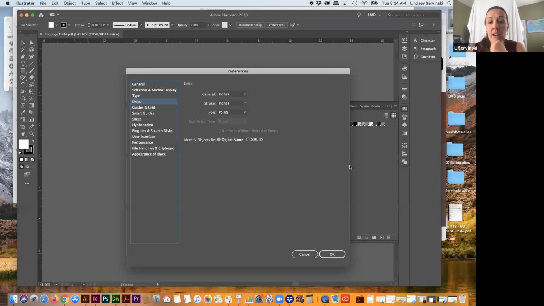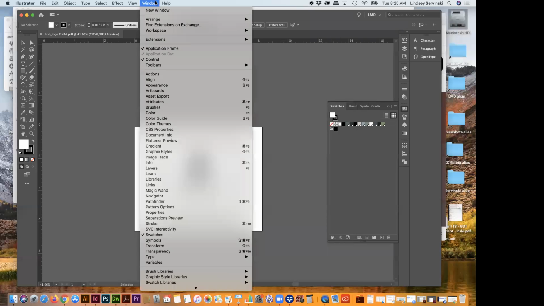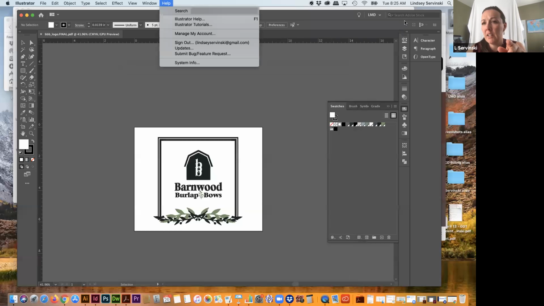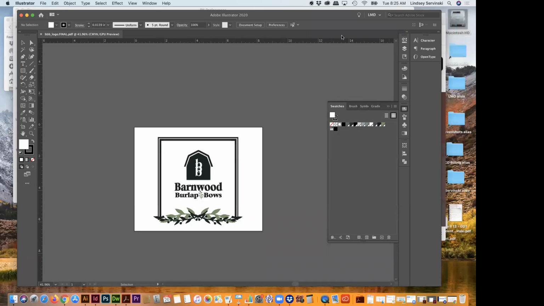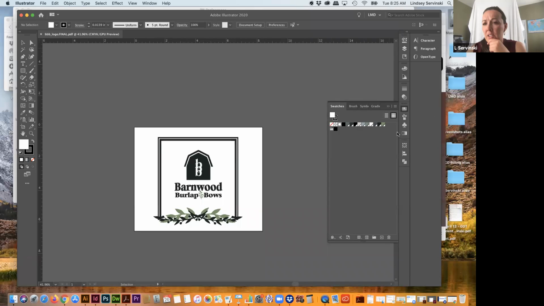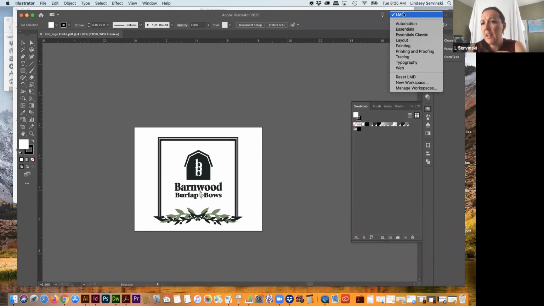So anyways, once you have this all set up, you can say okay. Yeah, I see that. And then I was going to help you set up your workspace. So in here, I'm just going to minimize this Zoom window, put it right here. These palettes on this side over here are all set up in a window. Up in here, you can see that mine's called LMD, but yours will say classic, essential, painting, tracing,